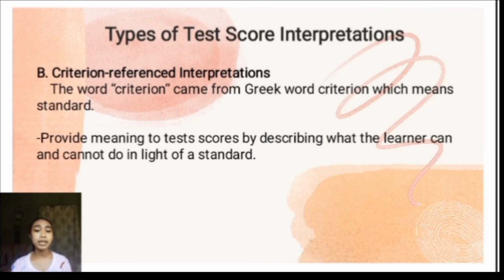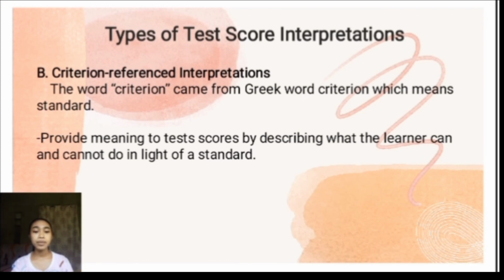Another example is taking an entrance test in a university. We also need to meet what the university standard has set. So, in a classroom example, say we have an activity which is writing an essay, and in writing an essay, there is a standard. There are rubrics or criteria that we must follow so that the